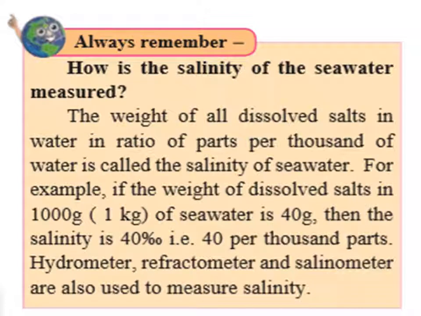Just always remember, how is the salinity of the seawater measured? Now the seawater is quite huge, it is very big. So how is it measured? The weight of all dissolved salts in water, in the ratio of parts per thousand of water, is called the salinity of seawater. You can write what is salinity of seawater. For example, if the weight of dissolved salt in 1000 gram, 1 kg, of seawater is 40 gram, then the salinity